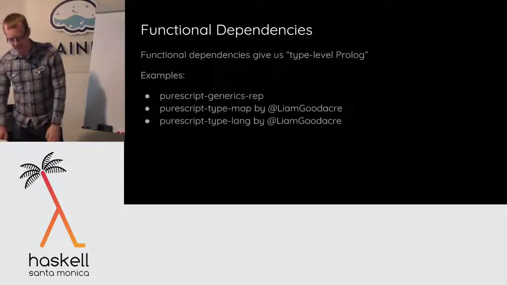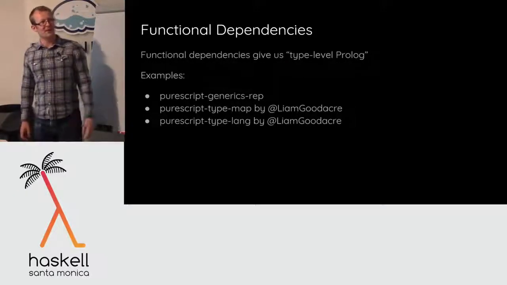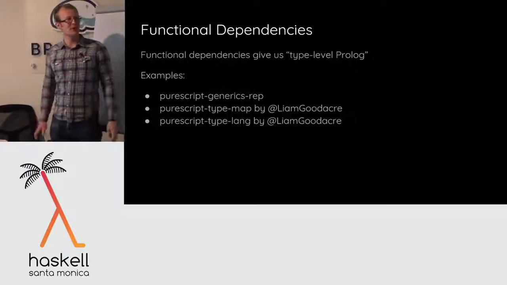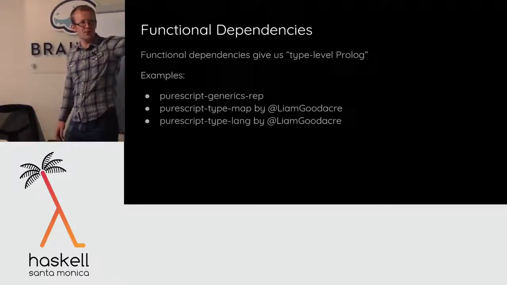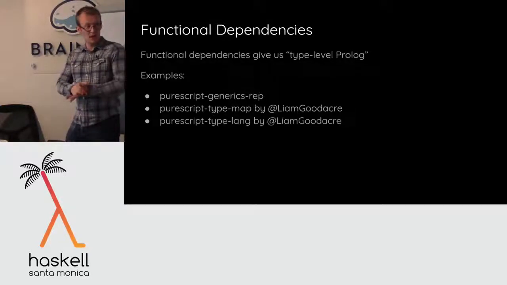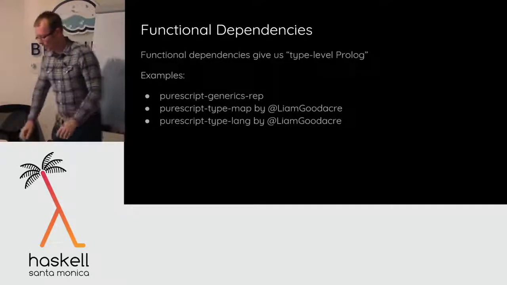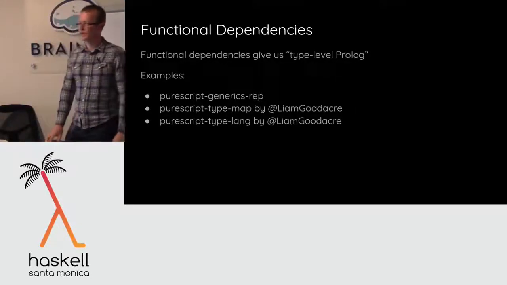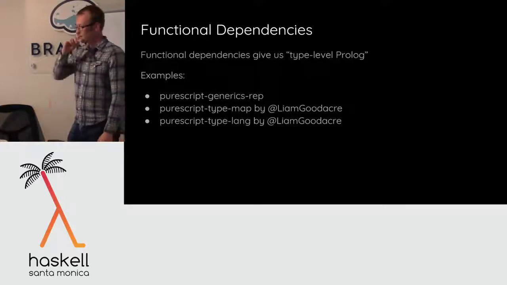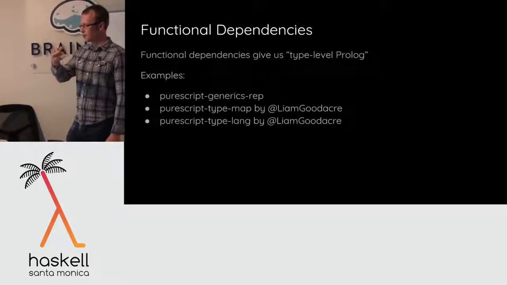Okay. So this is like the hello world of type level Prolog, and you can do a whole bunch of really cool stuff. So the first application we had for it was called PureScript generics-rep, which was a reinvention of the generics library that we had for doing generic programming. If you're familiar with GHC generics in Haskell, the way it works is that you have a type class called Generic, and it associates, via an associated type, a representation for that type.